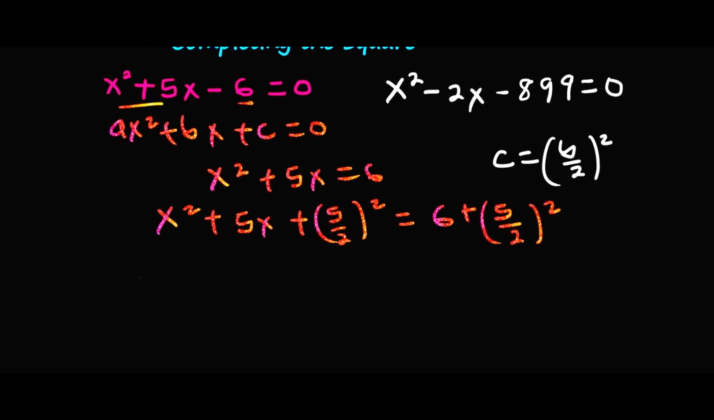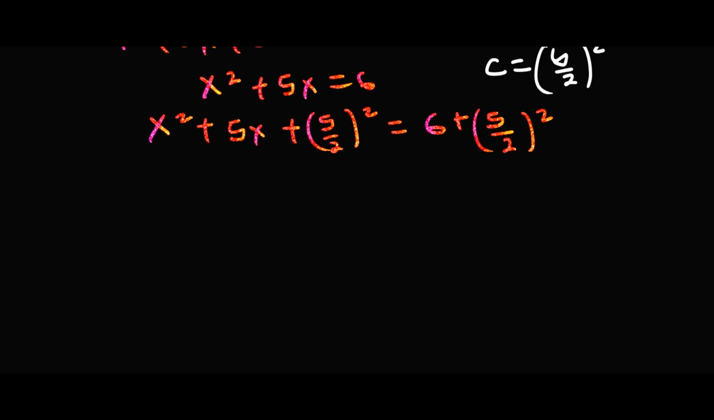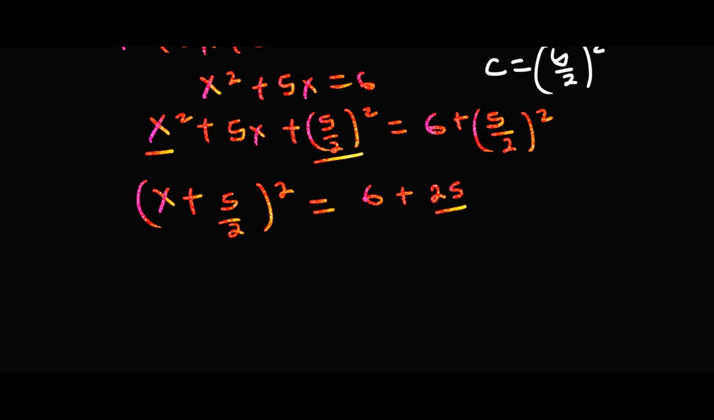So the next step would be to take a perfect square on the left-hand side and take a simplified form of the right-hand side. So the perfect square on the left-hand side would be the square root of x squared, which is just x, plus the square root of the new c, which would be 5 over 2. Then we square that. Then on the right-hand side, we have 6 plus 5 squared is 25 and 2 squared is 4. So we have x plus 5 over 2